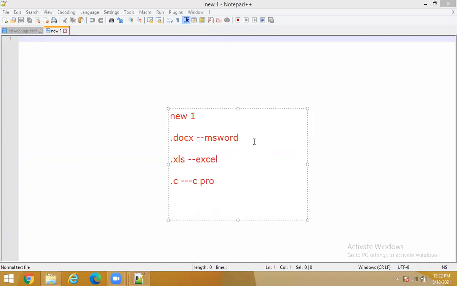These are all called extensions. Similarly, when I want to create an HTML file, I have to store that file with .html or .htm. All HTML files are stored with this extension.